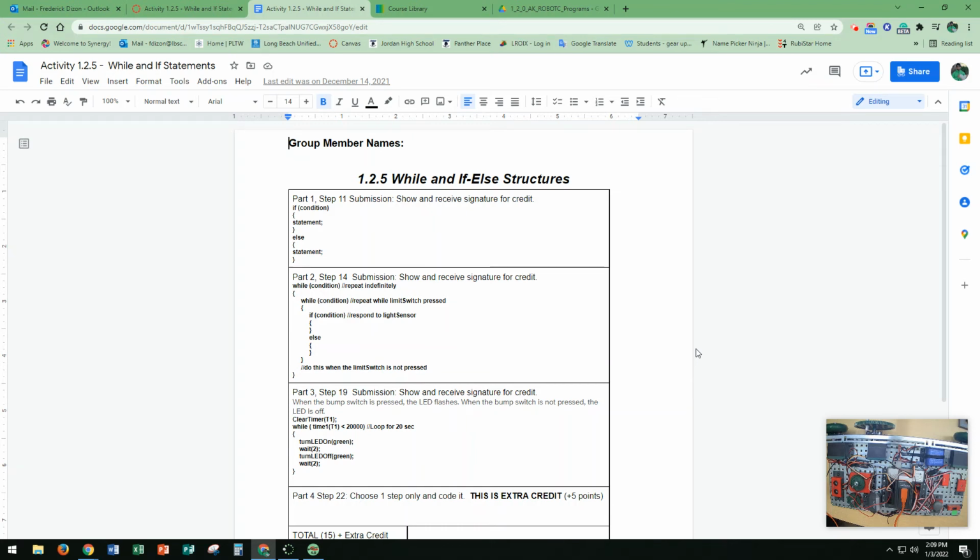All right, so for this one, it's 1.2.5 while and if else structures. You're going to write code where you use while to create a loop that will repeat forever or for a certain number of times. And then you can use if else structures so that if one condition is met, something will happen